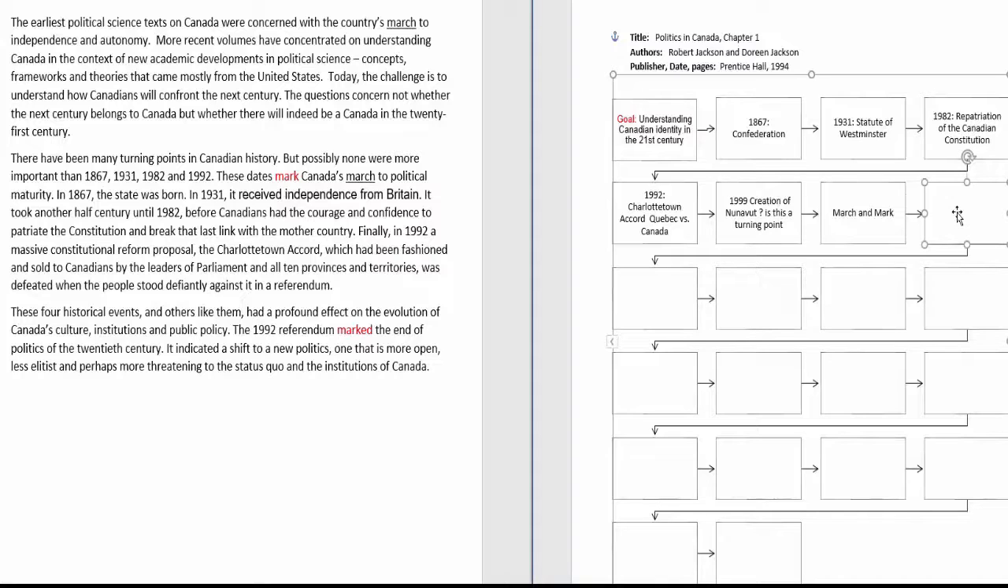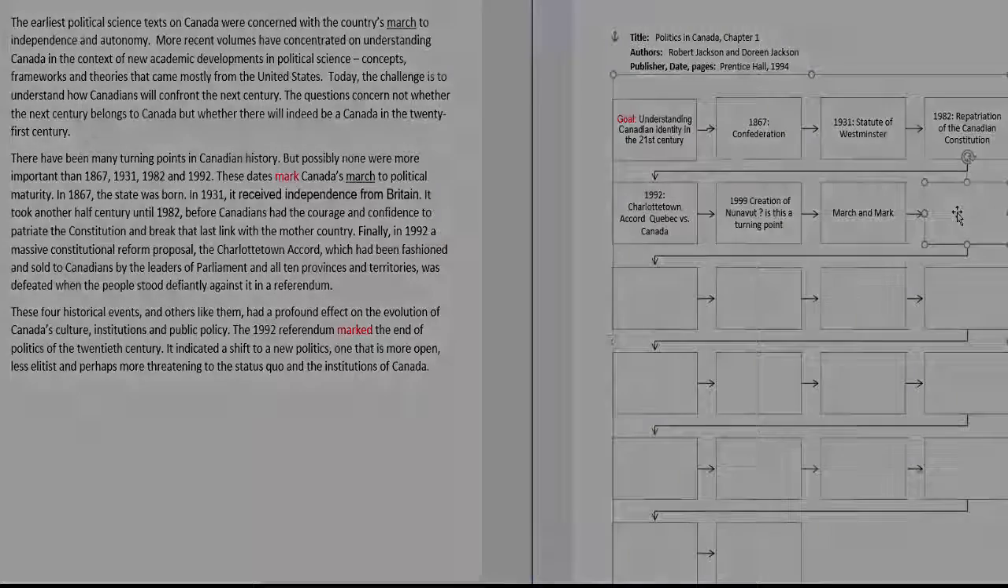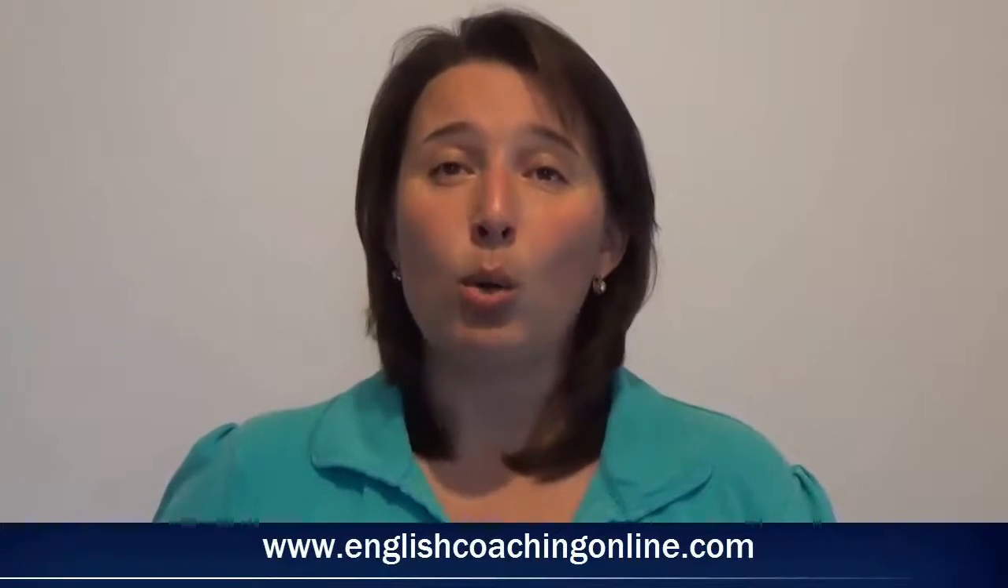Now, complete the rest of the chart using the same approach we've just used. As you can see, this is a time-intensive process. But once you have reanalyzed the reading and interacted with it actively a second time, it will be easier for you to remember not only the content, but also the key vocabulary, which will help you with other skills, such as writing. For those who are interested, the entire reading will be posted on EnglishCoachingOnline.com, as well as a flowchart